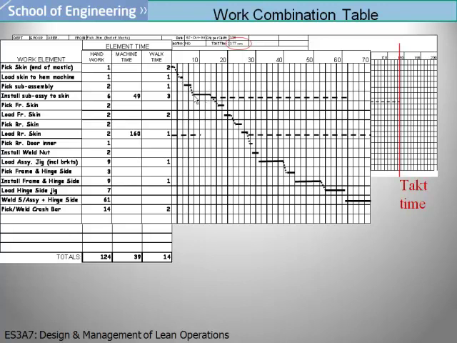Down here we've got 6 seconds of manual time, 49 seconds of machine work, so basically at this point the operator presses a button, the machine starts working by itself, and the operator can then move away. So this is where we've broken the relationship between the operator and the machine. They're no longer minding the machine, they go on and do other tasks, including setting up another operation, which